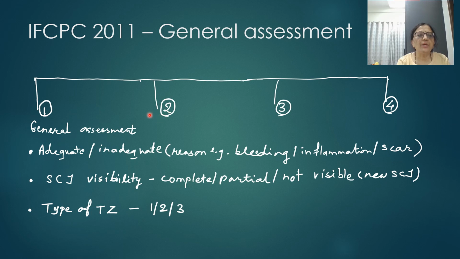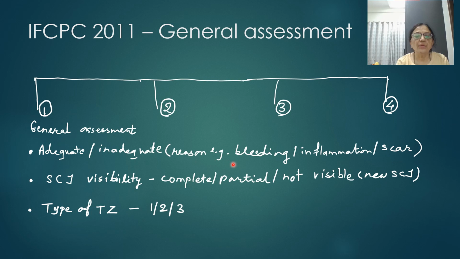In the general assessment of this IFCPC 2011 recommendation, there are 3 points. First is whether the colposcopy exposure of the cervix is adequate or inadequate. If the cervix is not seen adequately, if there is inadequate exposure or visualization of the cervix, then we have